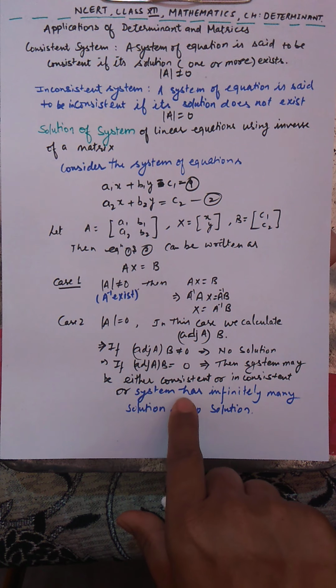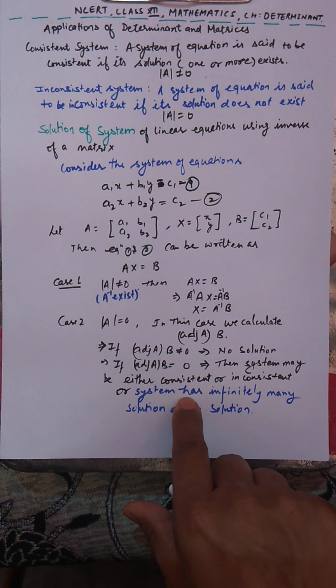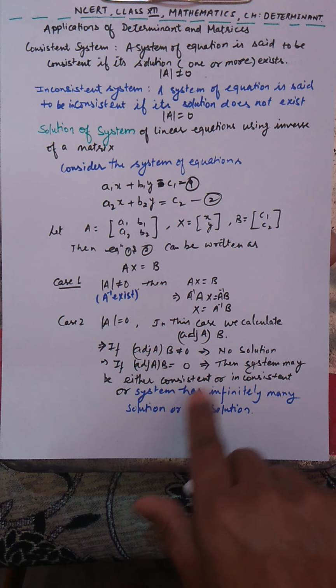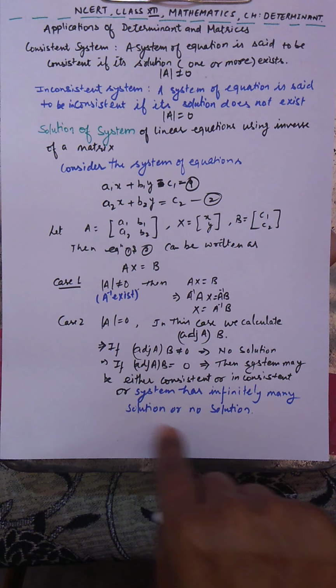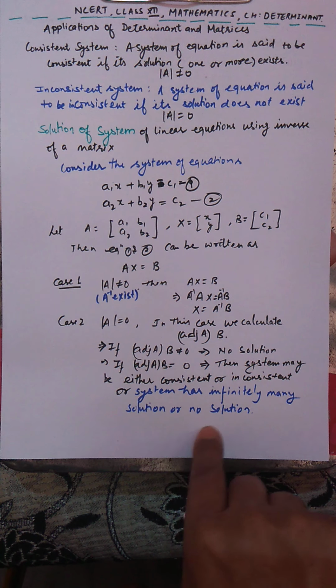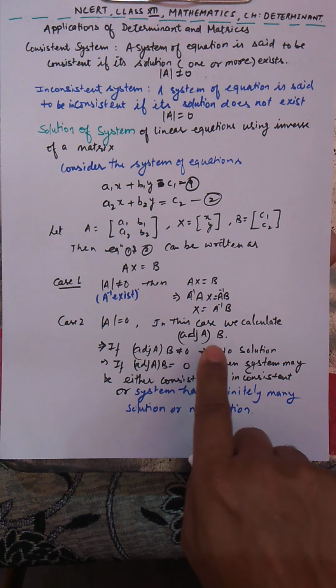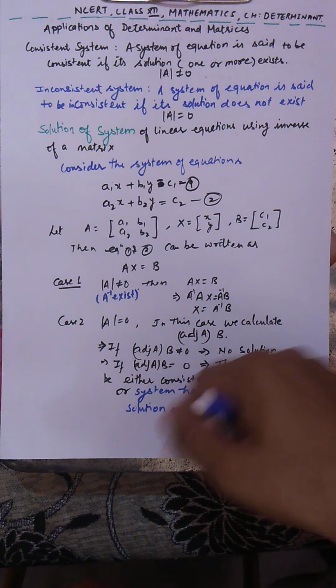So in that case there are two conditions given. Those two conditions arise basically in a 3 cross 3 matrix, or 3 equations in 3 variables. This doesn't occur in a 2 cross 2 matrix or linear equations in 2 variables. So this case will not arise when we say solution or no solution. We'll now discuss the questions based on that.